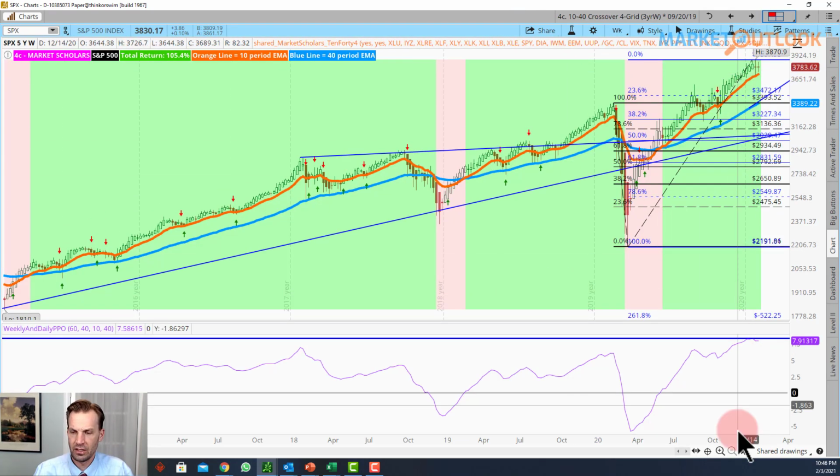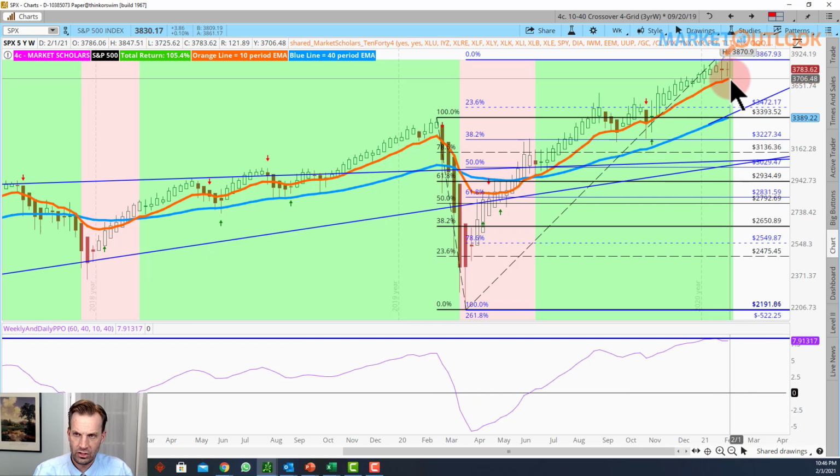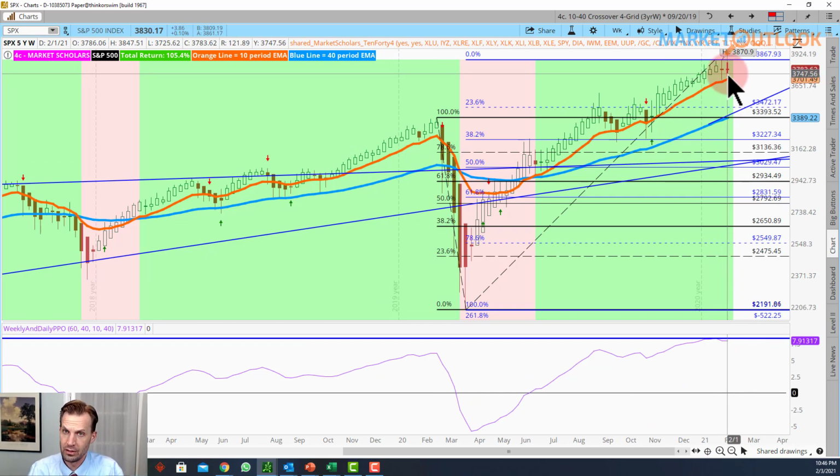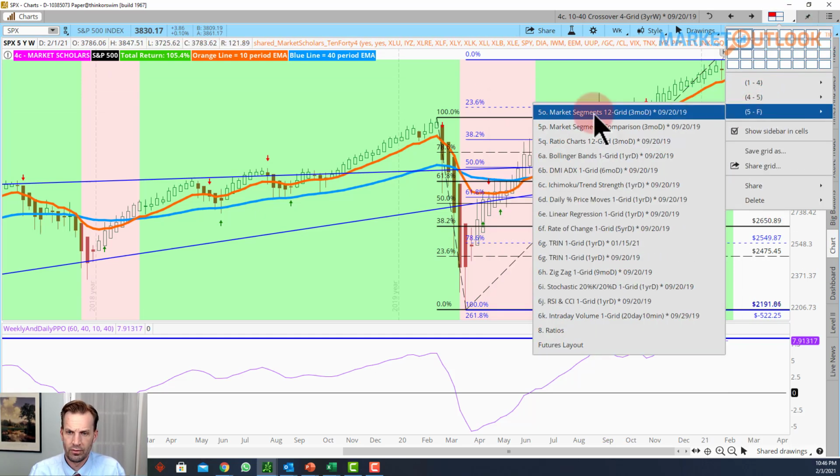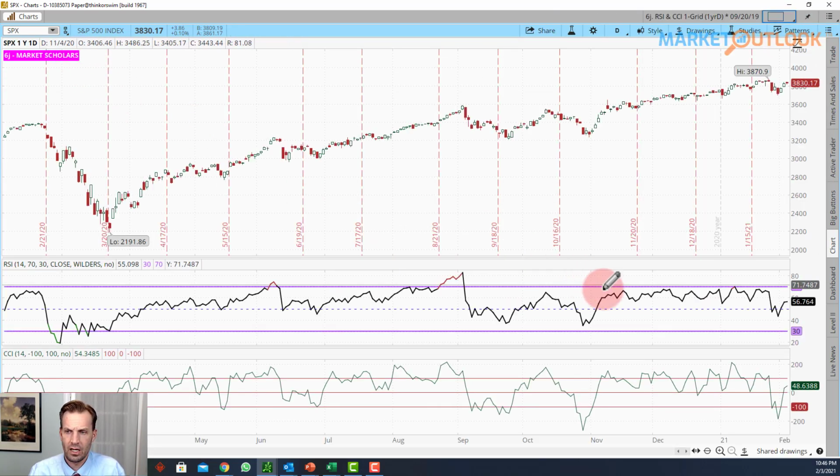You can again see that kind of double transition candle forming. That's why I think, by the end of this week and into next week, we might be flirting with that 50-day moving average sooner rather than later. You can also see the high PPO, but if you look at the RSI,